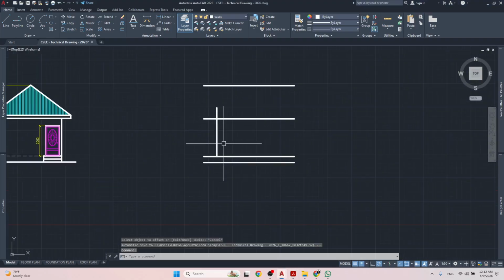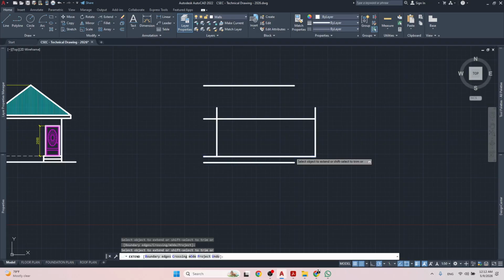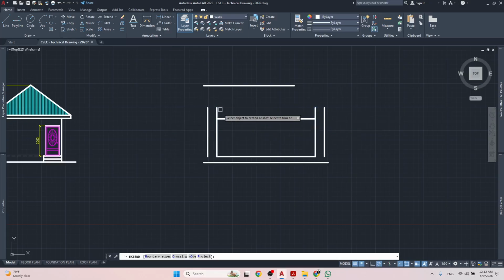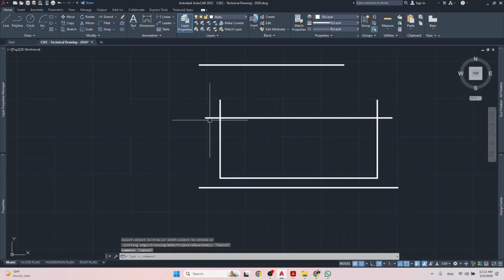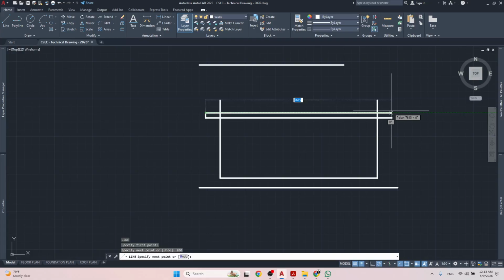So I could offset 6450 from this line. Oh, it's taking me over there. Let me extend these lines. All right, like so. All right, so this doesn't need to be all there. That doesn't need to be there. And so this is the bottom of the eave. And remember, we have the overhang, which is 600 millimeters, 2 feet. So the eave is going to come out to meet those lines, right? So once we have that, I can get rid of them, and then I can do the eave, 200 millimeters, 8 inches, come across,